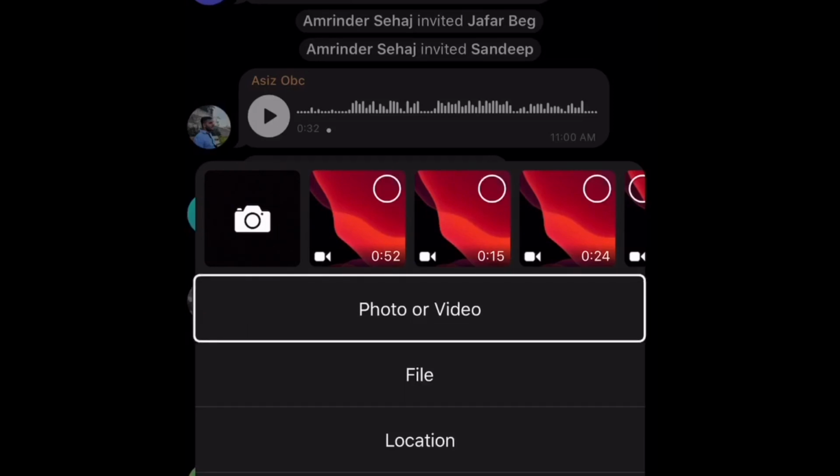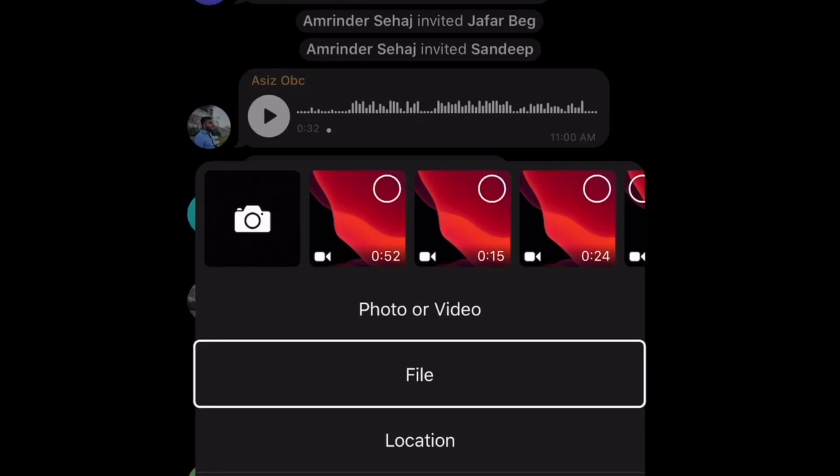Friends, one more point to be noted here. As soon as the screen gets open, sometimes VoiceOver doesn't work with flicking. That time you'll have to manage by exploring the screen. And the same thing applies in multiple screens of Telegram. So here the exploring mode works. The first one is photo/video, which means you can upload photo or video from your photo library. Flick right. File button. You can insert file from your Files app.